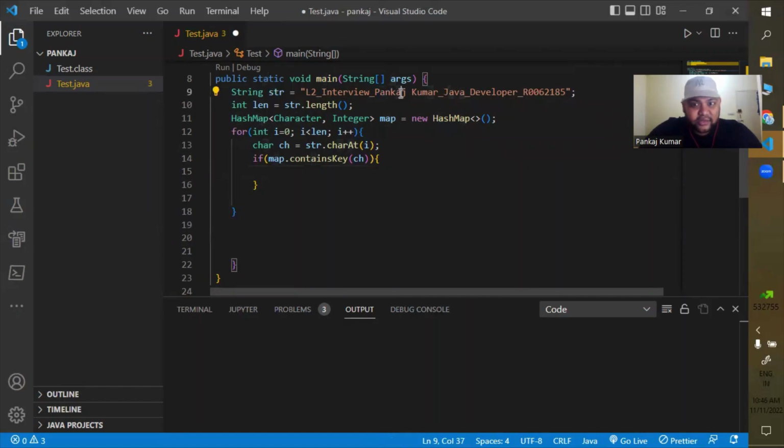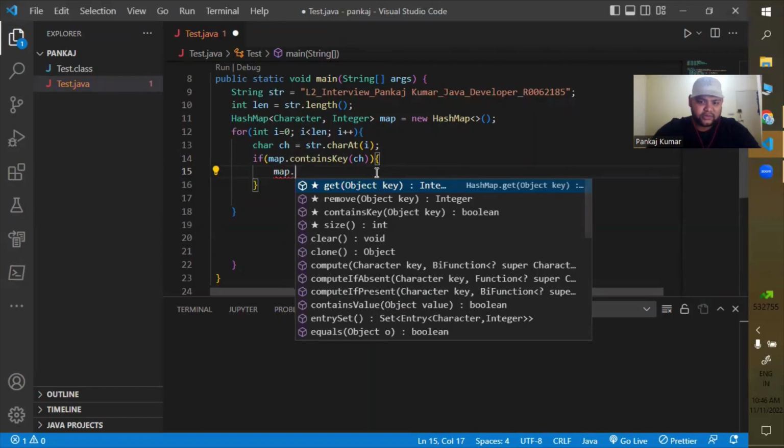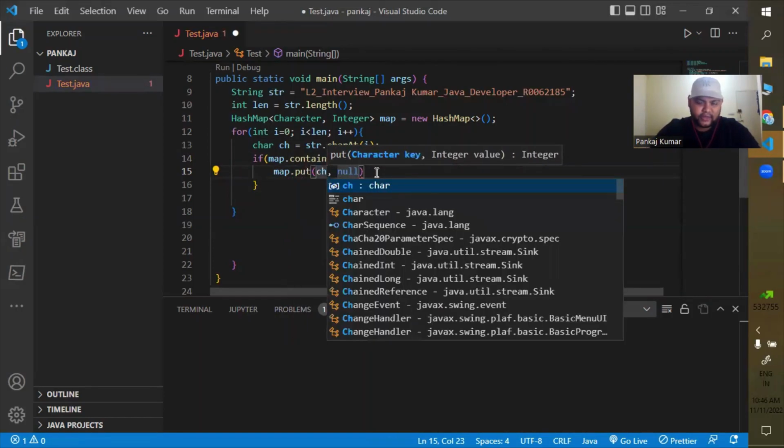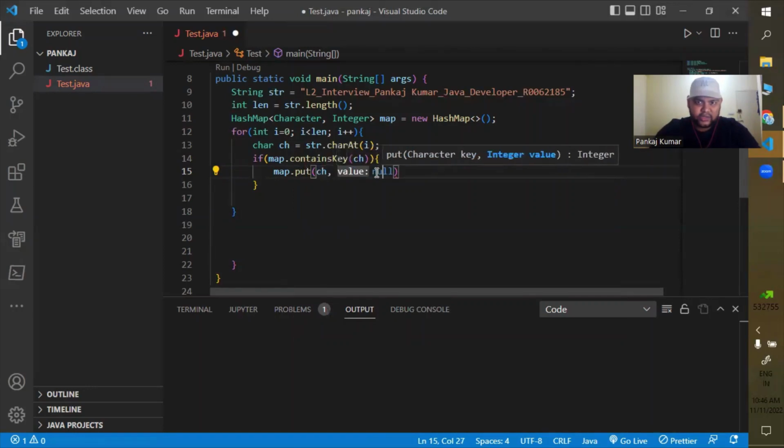So if it is available, suppose my a is already available here and again it is repeating, then the value in the hash map should be updated. For updating there is no special technique, we can directly replace it again. So we can put ch,